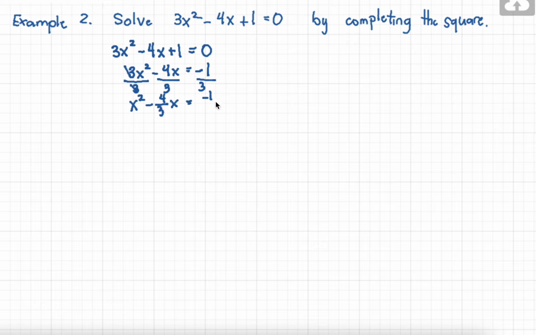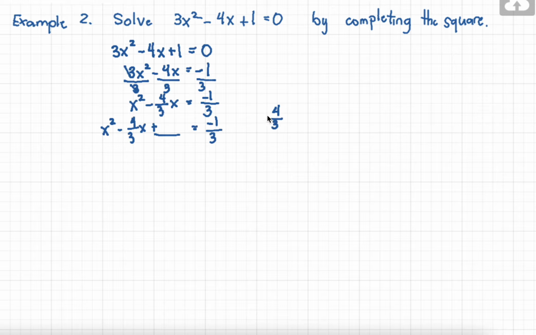And then negative 1 over 3. So still the same procedure. We need to find what would be the number na pwede nating i-add in order for this part to become a perfect square trinomial. So, using the same formula na ginamit natin on our first example, so that will be